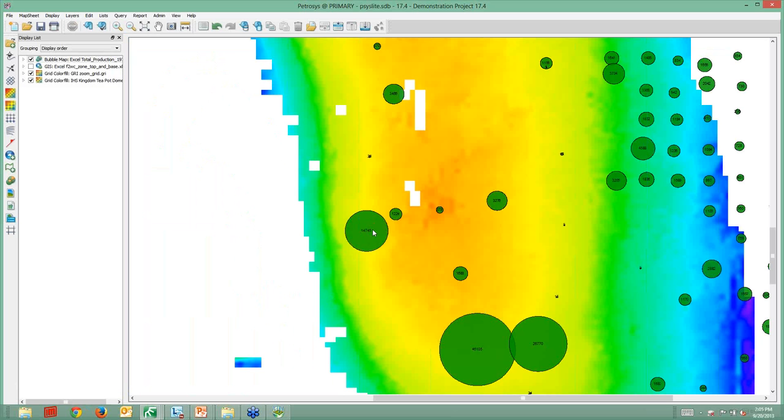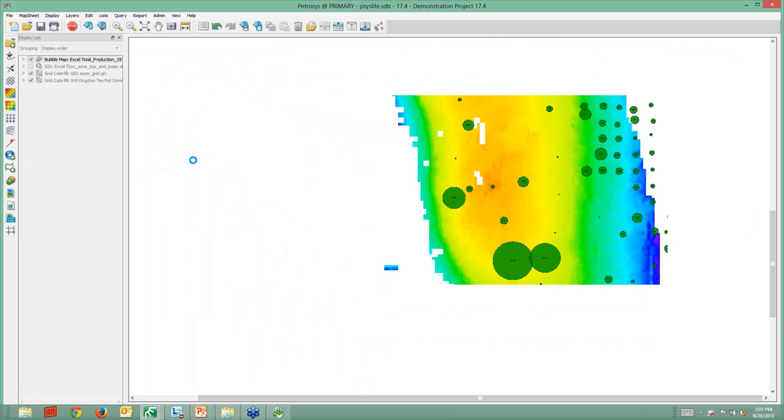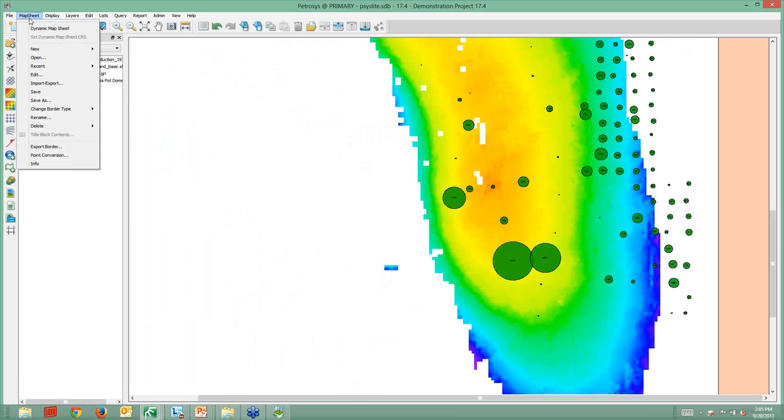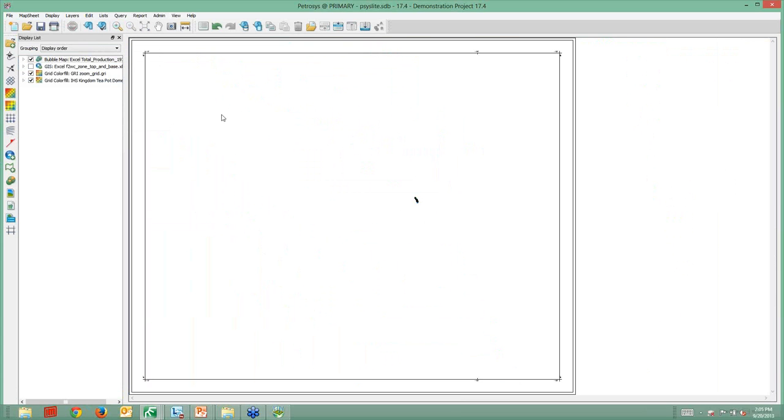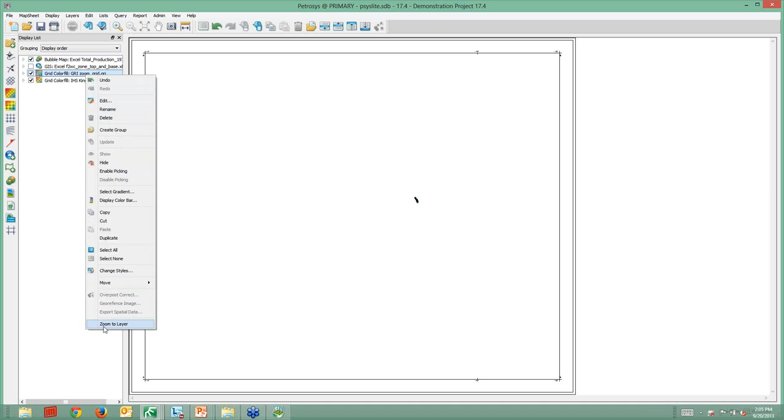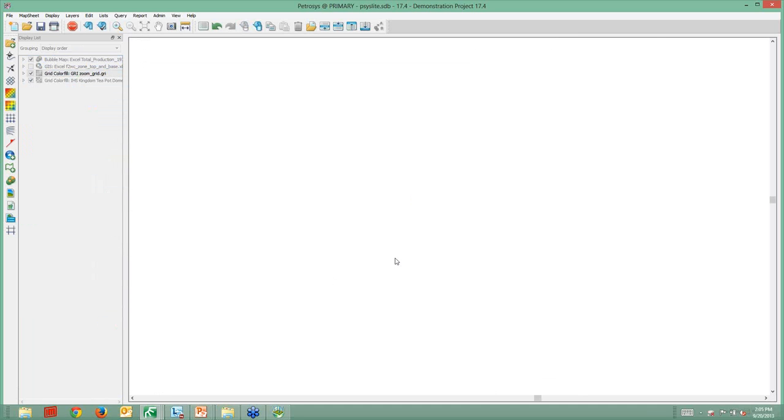And just something to note here with the new dynamic mapping options is that now I've got this display, and my annotations are a certain size. If I jump out to a differently scaled map sheet, so let's go out to a more regional size map sheet, in this case the entire state of Wyoming, you'll notice that I've still got a little speck on the map, so it's very, very tiny. If I zoom in on that layer, my smaller grid layer, we'll see